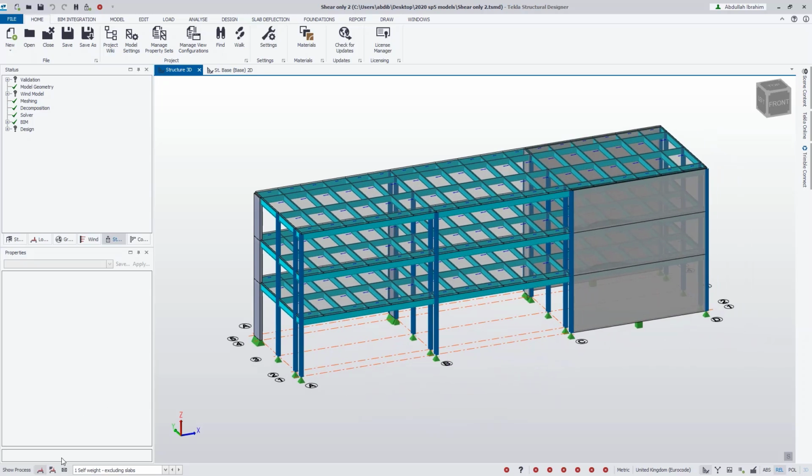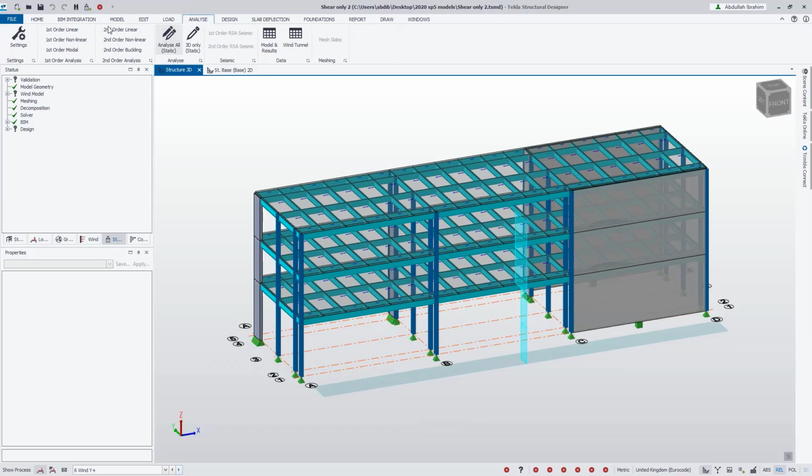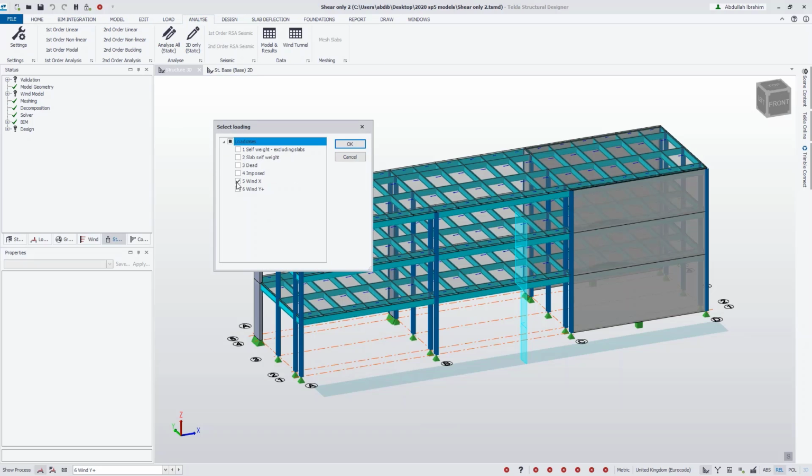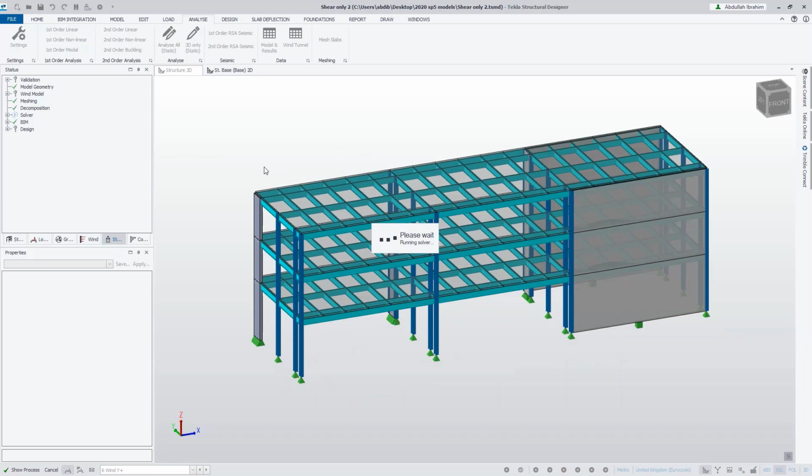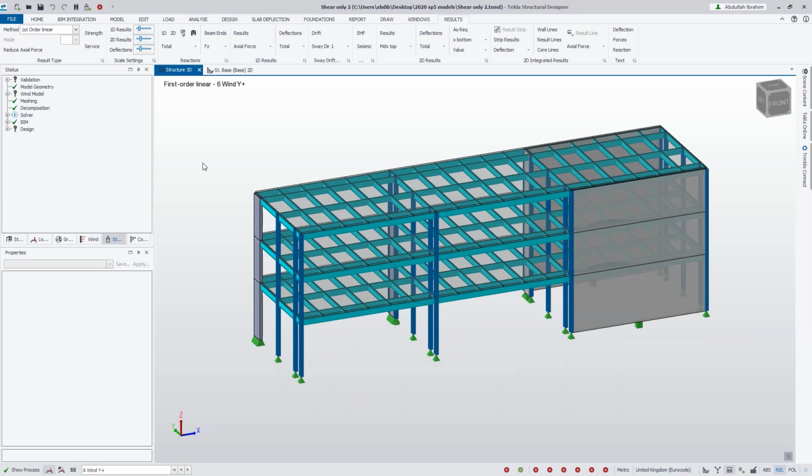What I've also done in this model is apply a wind load in the X plus direction, and a wind load in the Y plus direction, just to kick the building in these directions. If I were to run the analysis for these two load cases, and the solver's finished solving,